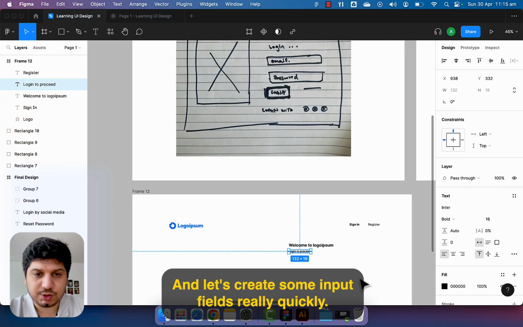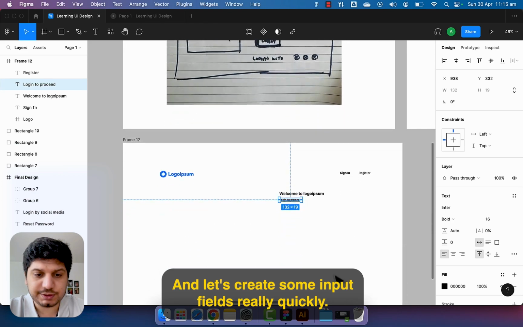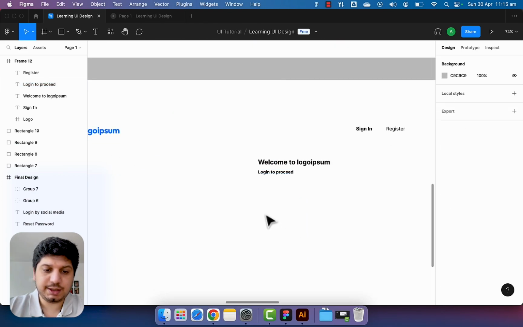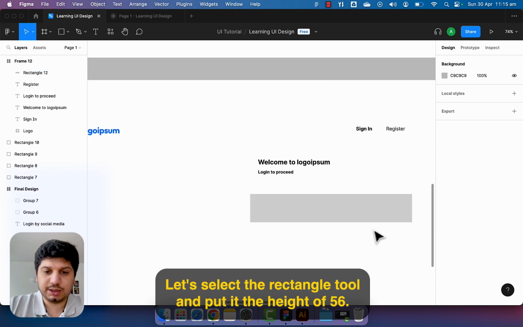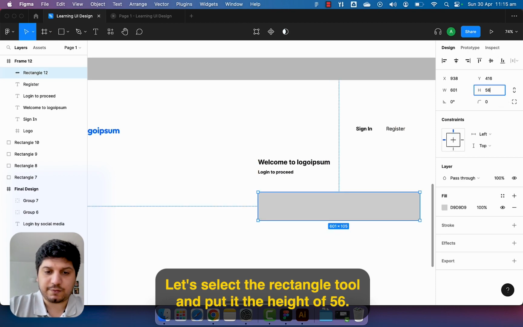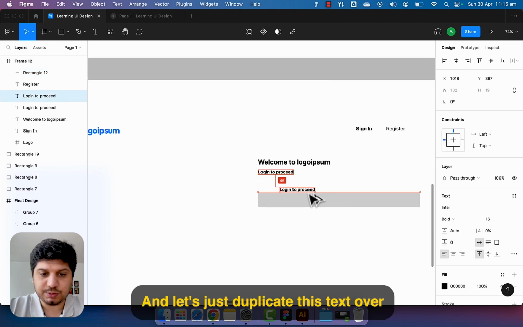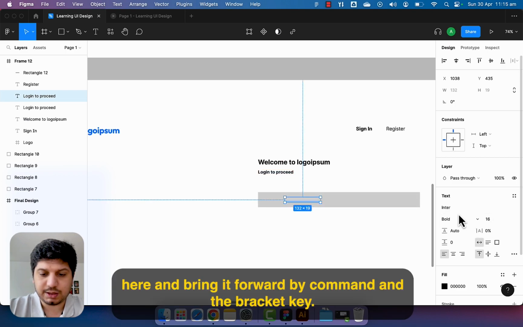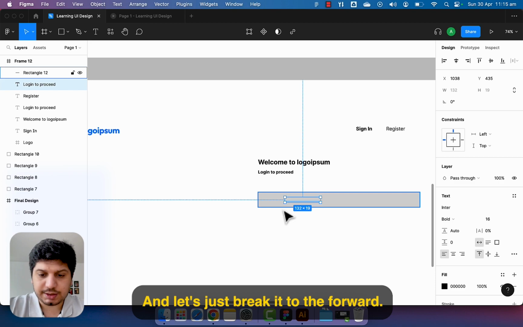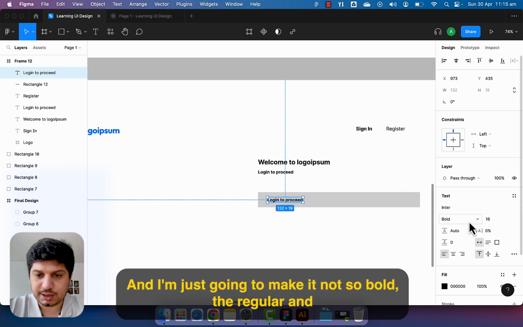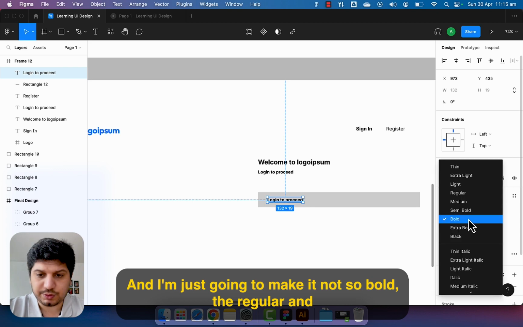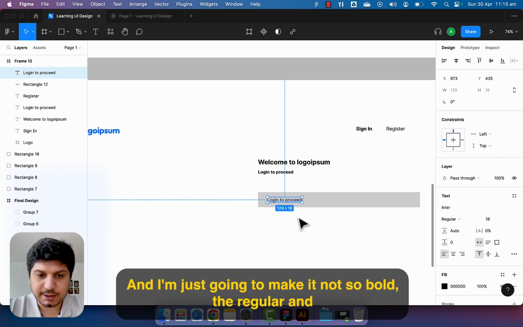and let's create some input fields really quickly. Let's select the rectangle tool and put it the height of 56, and let's just duplicate this text over here and bring it forward by Command and the bracket key, and let's just bring it to the forward, and I'm just gonna make it not so bold, the regular,